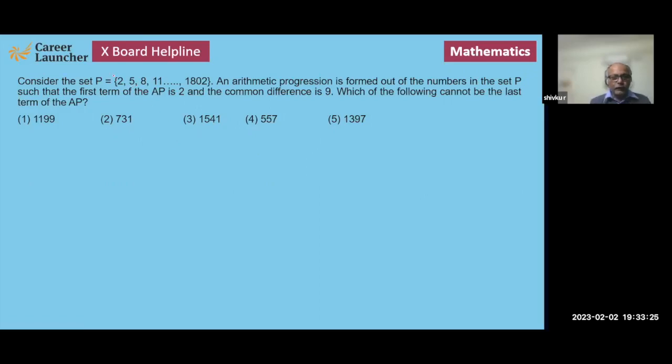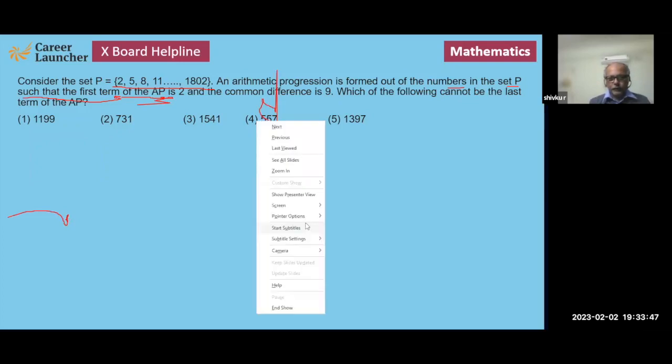So what do we have here? It says consider the set P. P is having all these numbers, right? An arithmetic progression is formed out of the numbers in the set P such that the first term of this is 2 and the common difference,